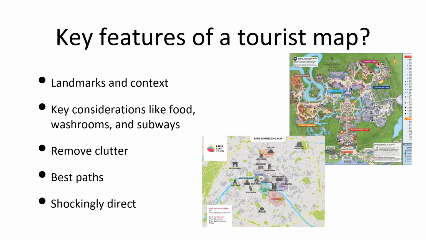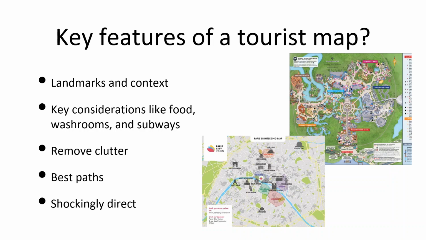I don't want the details at all. I don't want to see where the buildings are. I'm trying to remove everything but the destination that I'm going to. I need approximate locations, and I need some information of how do I get there. Maybe some contextual information so I know I'm near a particular place. I might want to show paths, which we'll see in the Disney map, and I just want to be